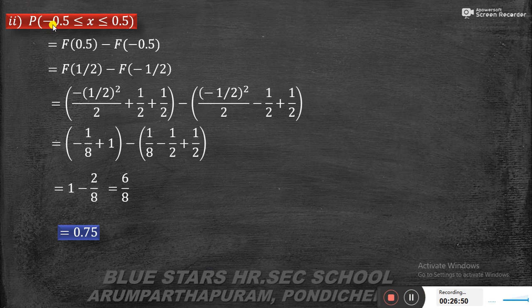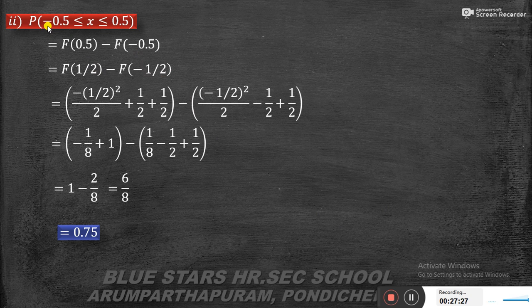So next we calculate the probability of minus 0.5 less than or equal to x less than 0.5. The probability means upper limit minus lower limit, so F of 0.5 minus F of minus 0.5. F of 0.5 goes to the function, represented by 1 by 2, and minus 0.5 is represented by minus 1 by 2. So the next step,